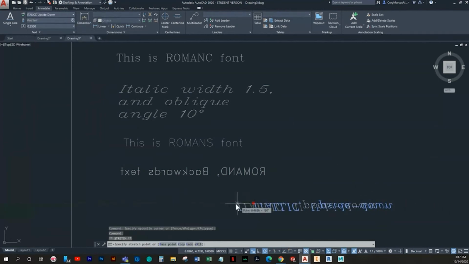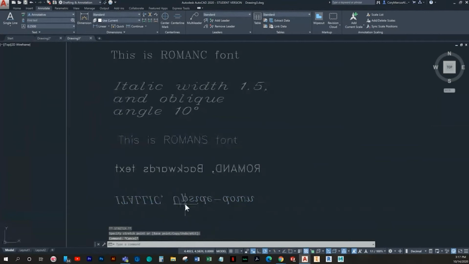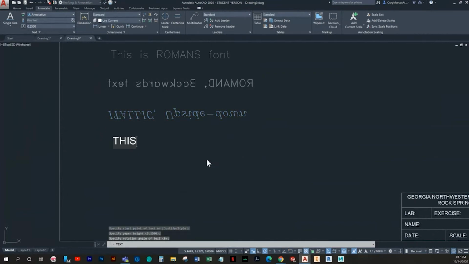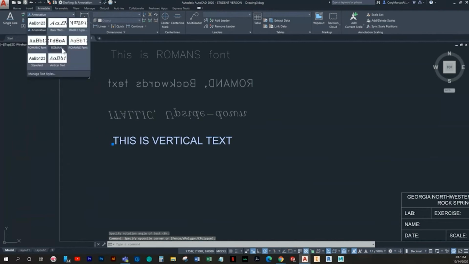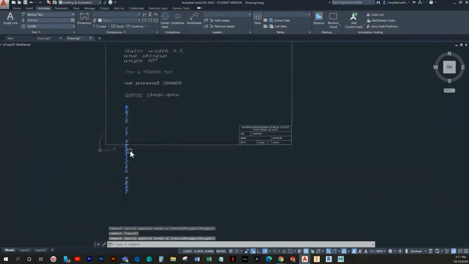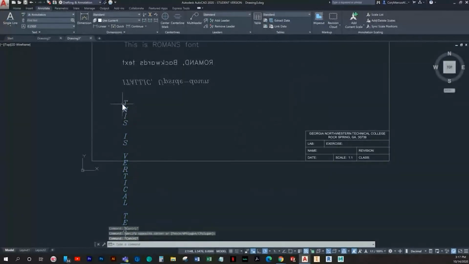There's that one. And I believe this one will also be single line. Okay, so